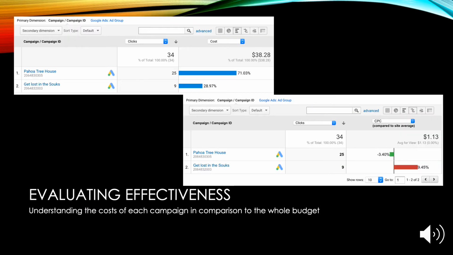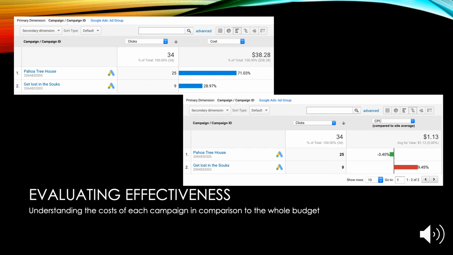Evaluating effectiveness. Google Analytics can pull the information from all campaigns and compare them to the overall marketing costs. The top image shows how Distributed Lodging Inc.'s 2 campaigns each contributed to the cost of their marketing spend in the time period. The advertising from the Pahoa Treehouse campaign spent 71.03% of the total costs of $38.28. The Moroccan Soup campaign is responsible for